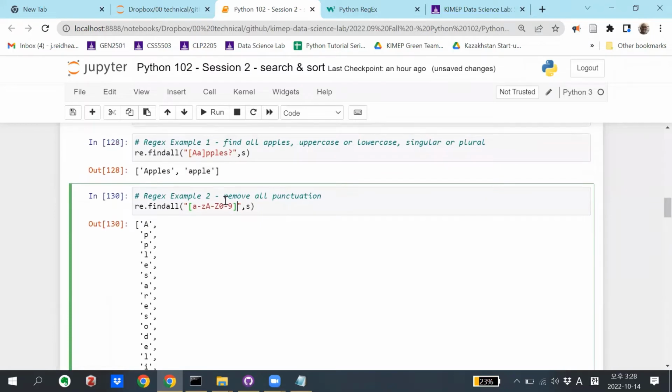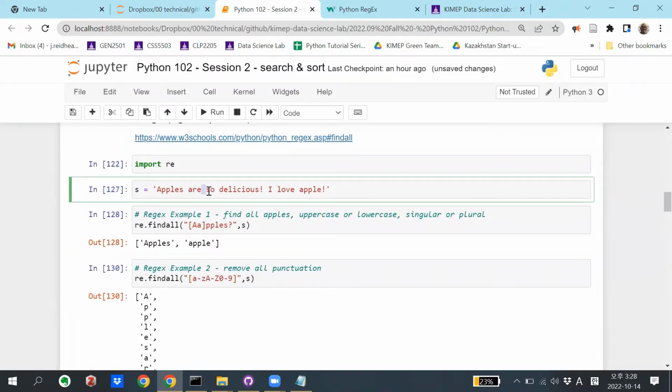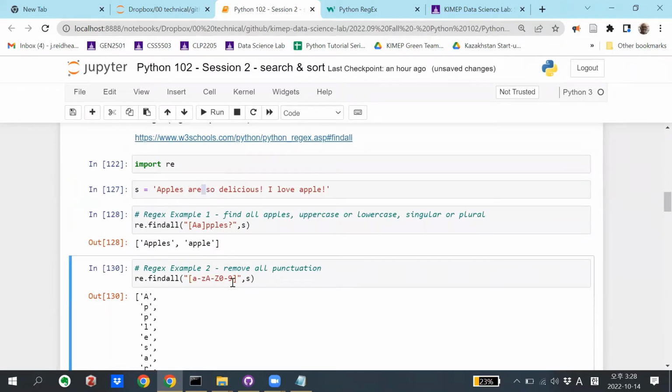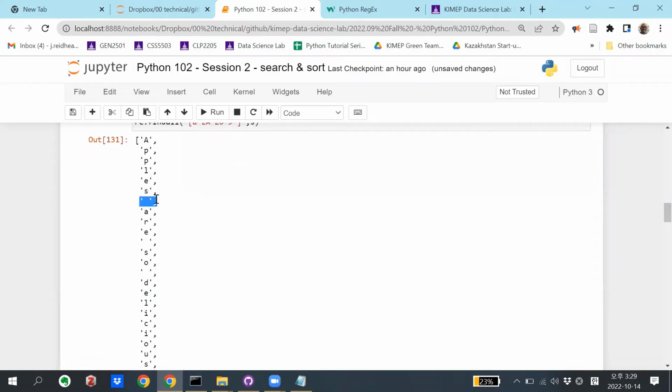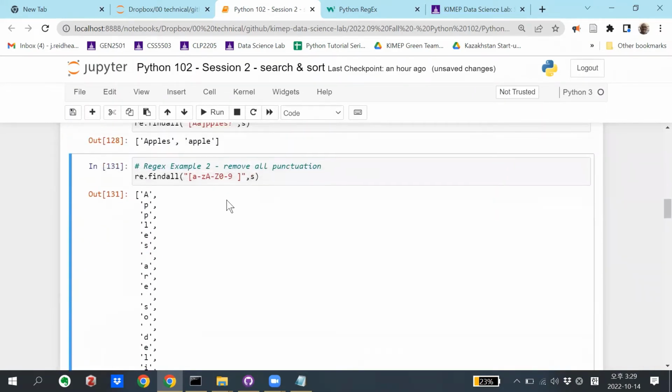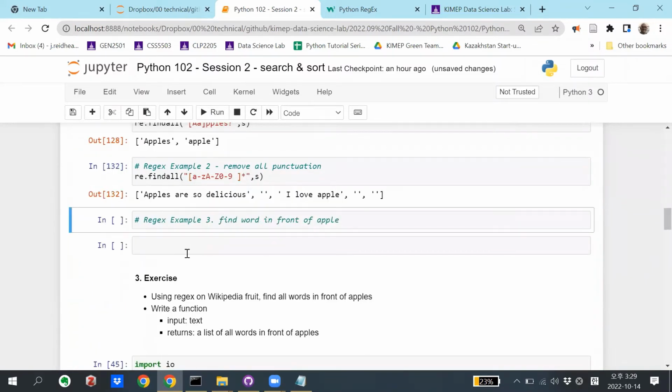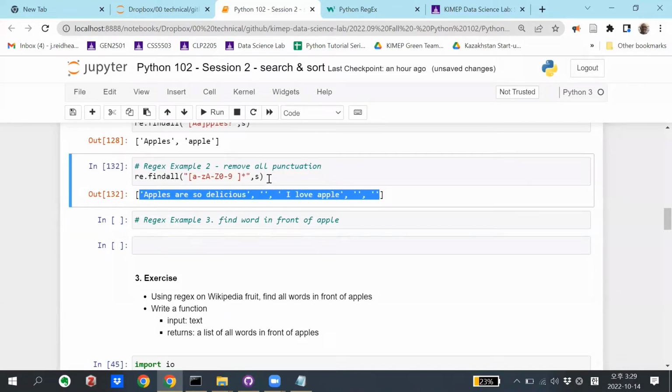What if I want to preserve the white space in between? I can include that in my set like that. And now it includes the white spaces. I could add the star, and now I get a list with each item. It's only broken up when there's a punctuation, right? And then if I want, I could